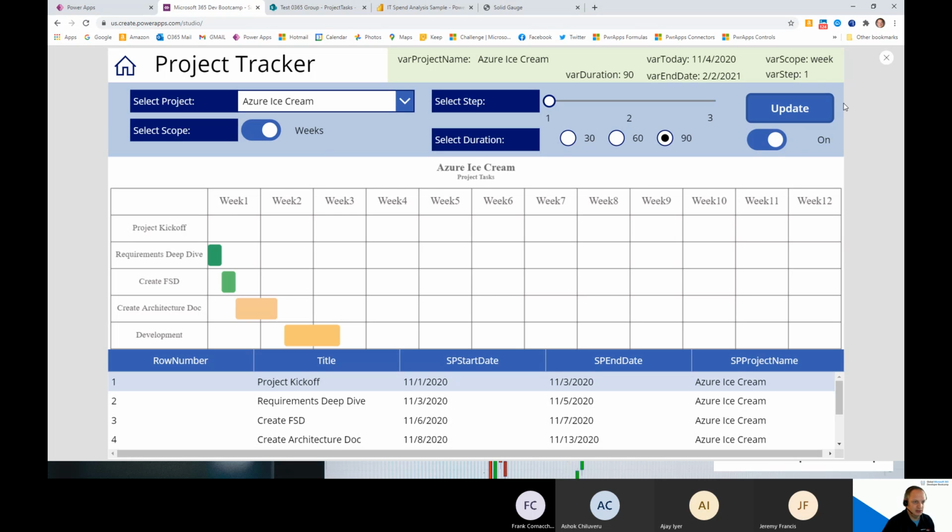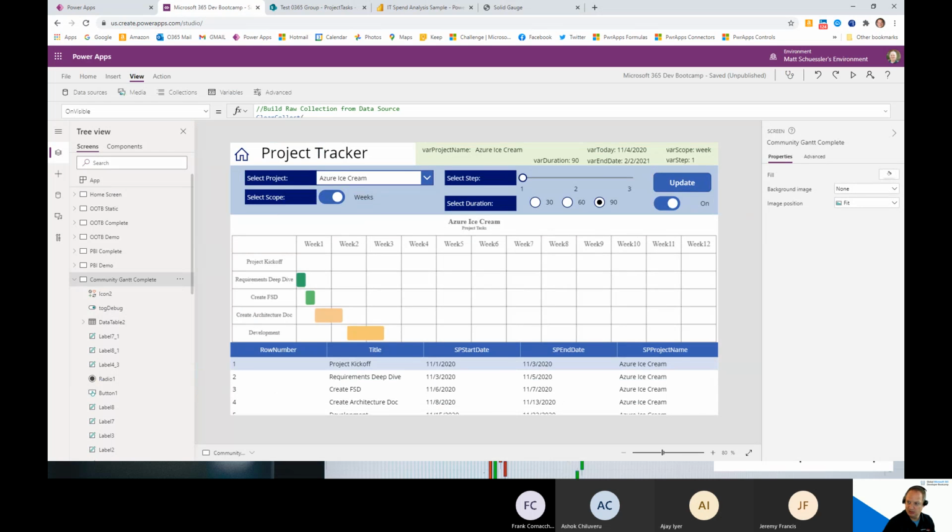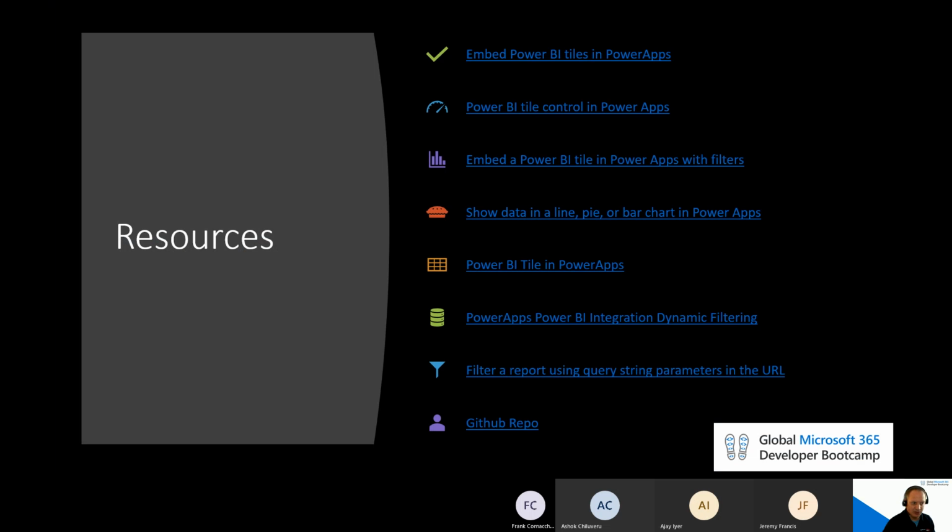All right. I think that might be about it. So in the slide deck, which is available, I have links to all kinds of different resources I used to build all this. From how to embed the controls to how to use dynamic filtering, the GitHub repo, all that kind of good stuff is found in the resources, and you can always reach out to me and I can help if you stumble. But feel free to go out there, check them out, comment,